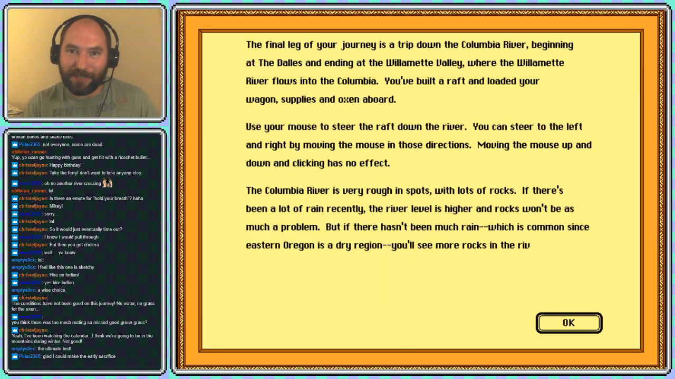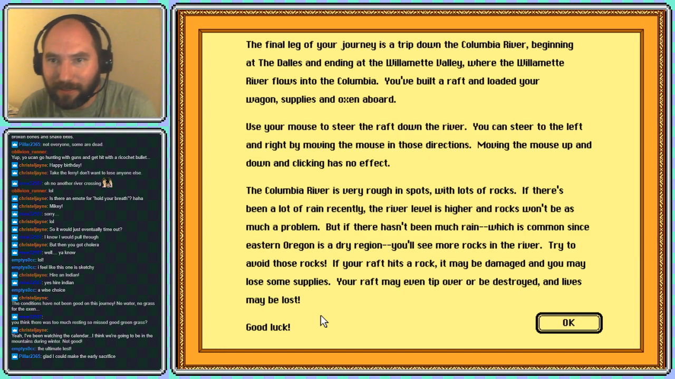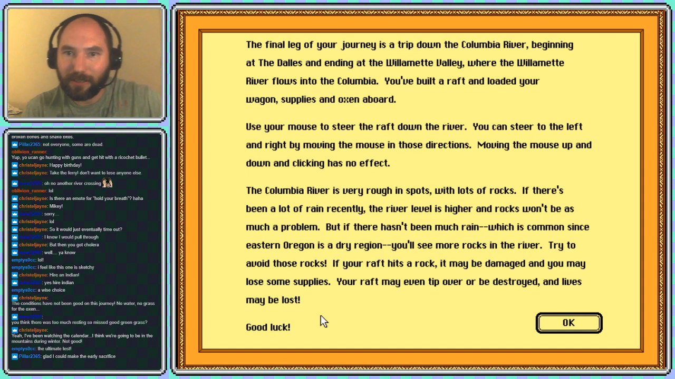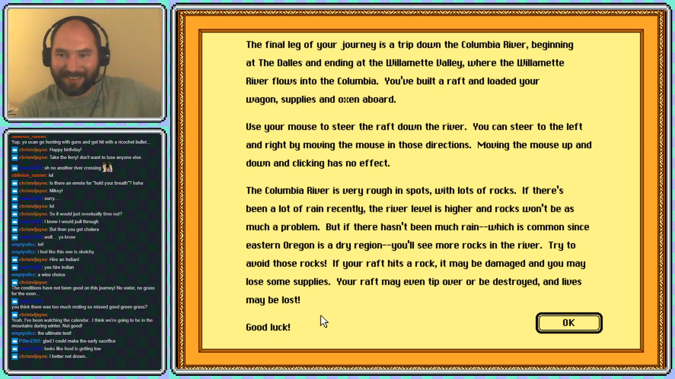So get information. The final leg of your journey is a trip down the Columbia River, beginning at the Dalles and ending at Willamette Valley, where the Willamette River flows into the Columbia. You've built a raft and loaded your wagon, supplies, and oxen aboard. You use the mouse to steer the raft down the river. You can steer to the left and right by moving the mouse in those directions. Moving the mouse up and down and clicking has no effect. I better not